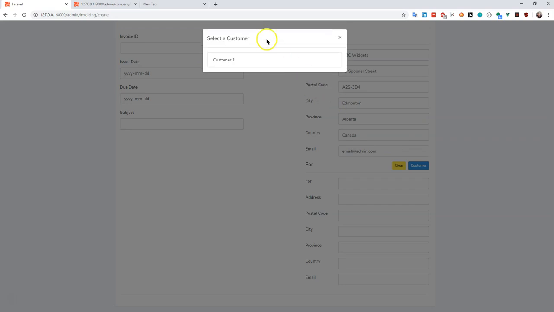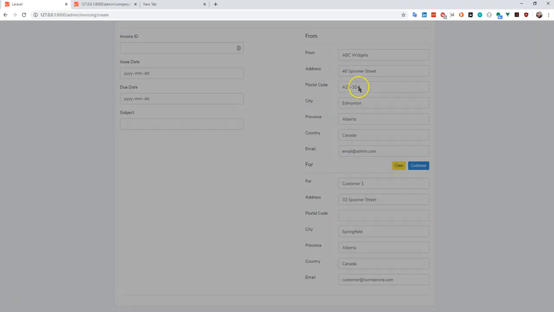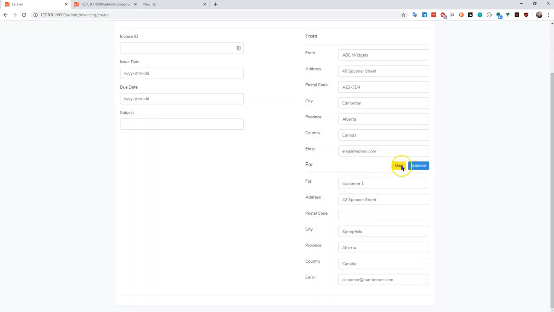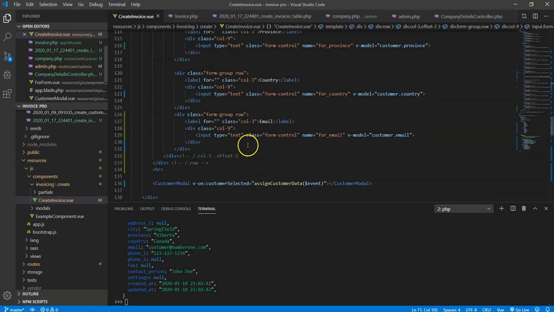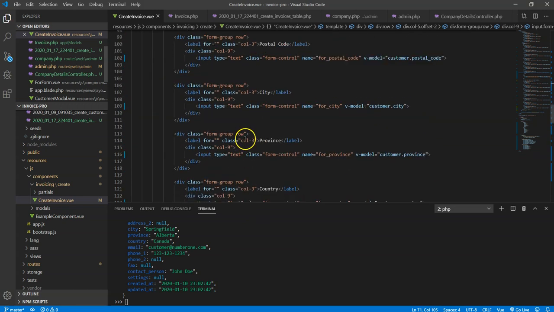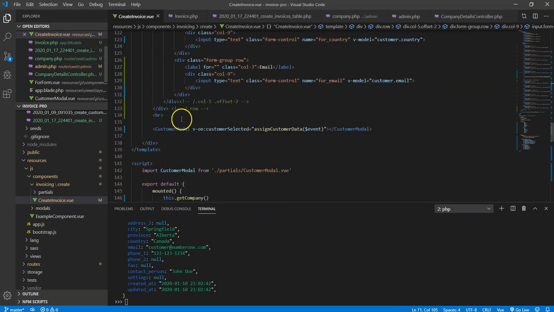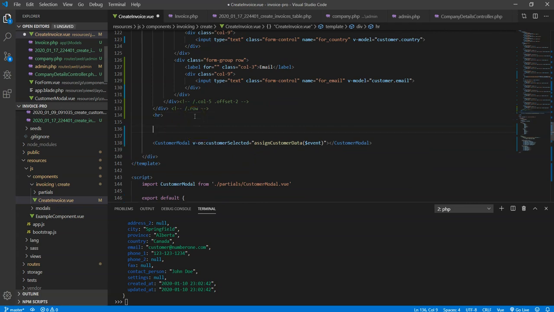Let's see what happens when we go to get our customer. Everything fills in as it should. We'll clear that off. Perfect. Okay, now what we want to do is we want to have another widget in here. I'm going to call this Invoice Items,